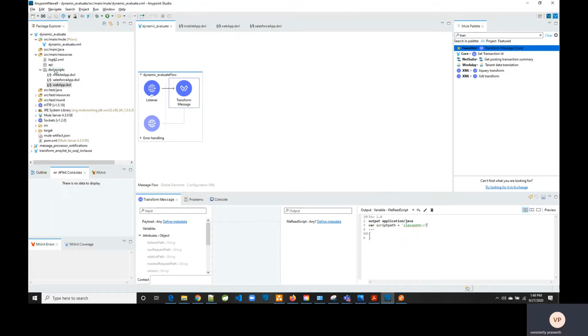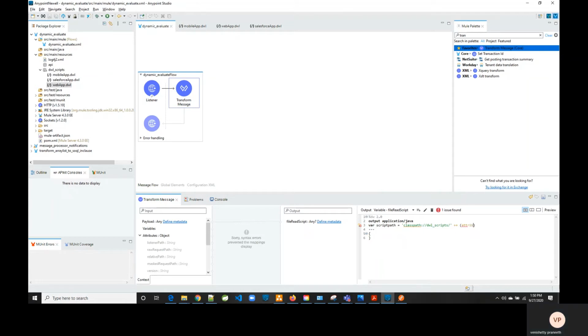I've created a folder called DWL scripts, in which I have loaded the different scripts to be executed with respect to the source system calling the API. So DWL scripts slash, plus plus. When I say dynamically loading the scripts, we have to have a varying parameter which defines which script to be loaded into the variable. That defining parameter is the query parameter which we expect the source system to pass in as part of invoking the API.